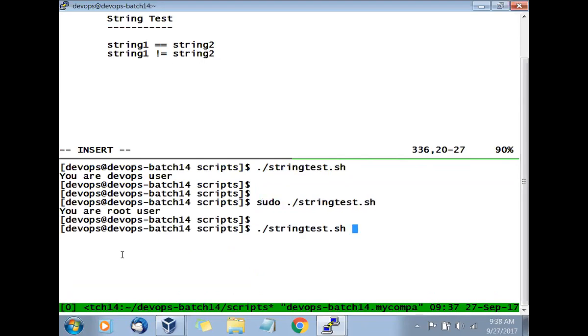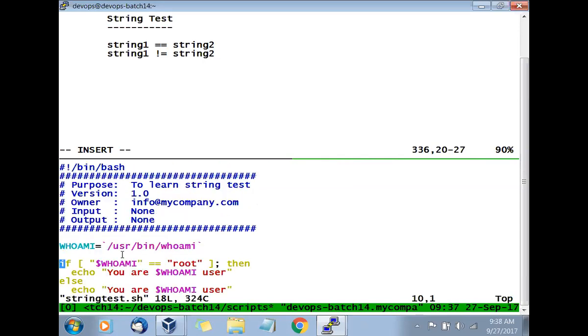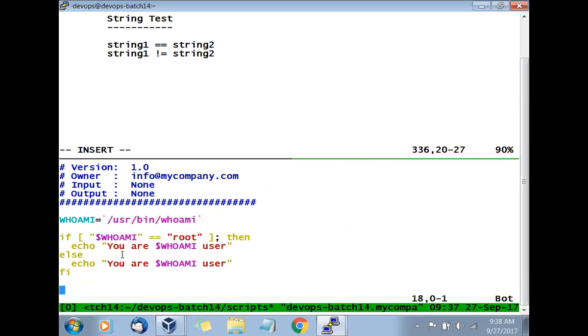So now please write this down. Please write this down. So automatically you are detecting whether the user is a normal user or root user.